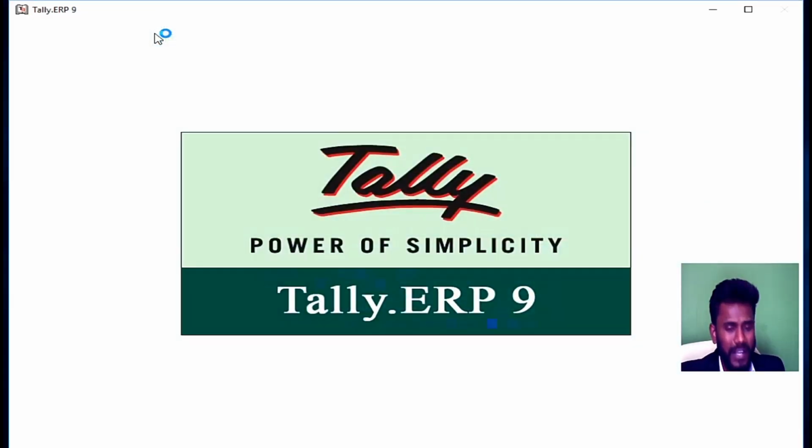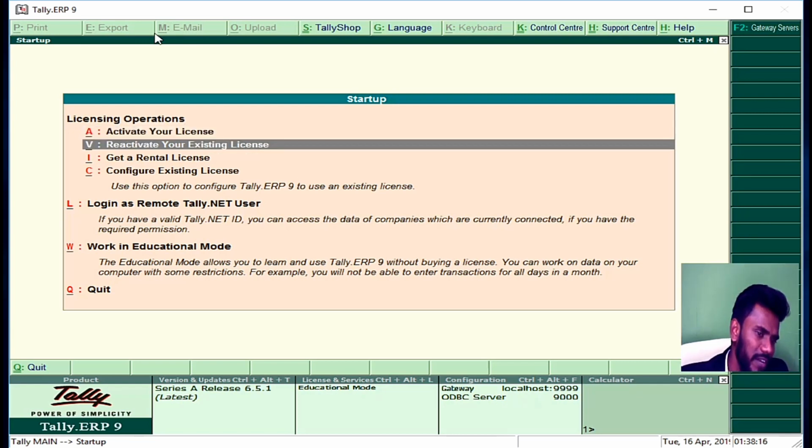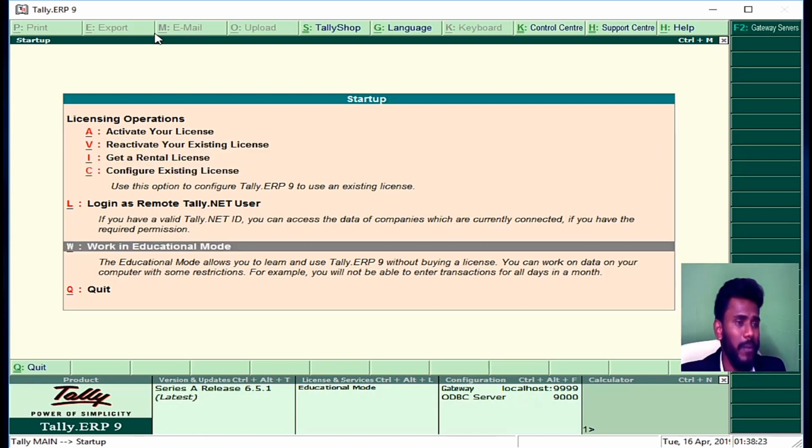Once again, I'm going to show you how to reactivate the license. My license is already activated in some X system. Now I want to reactivate the same license in this computer. So in this computer, you can go to reactivate your existing license. If you are a student, you can go to work in educational mode. Without buying Tally license, you can do practicals on the same, and almost 95% of features you can